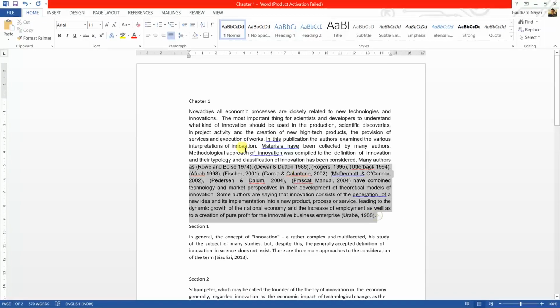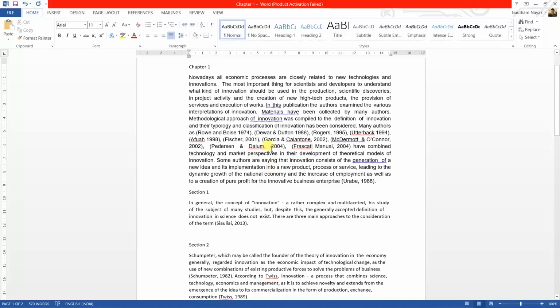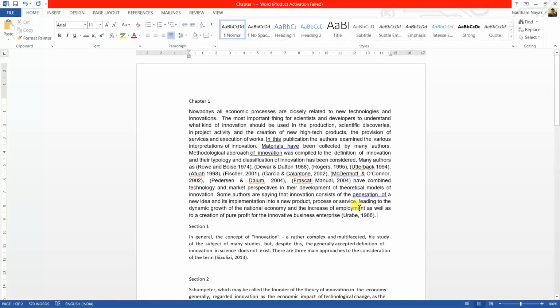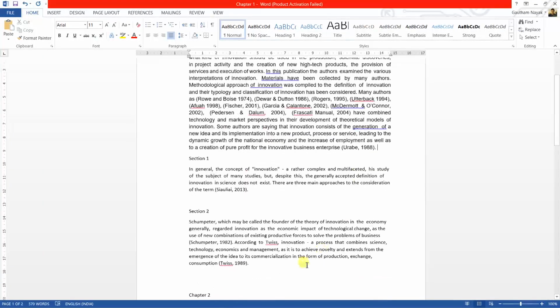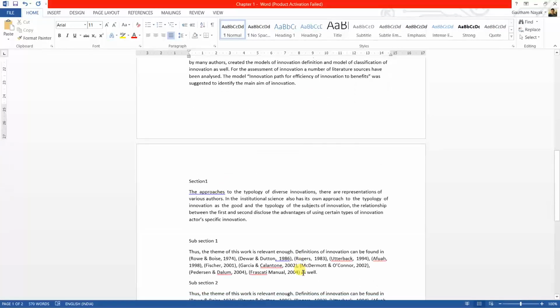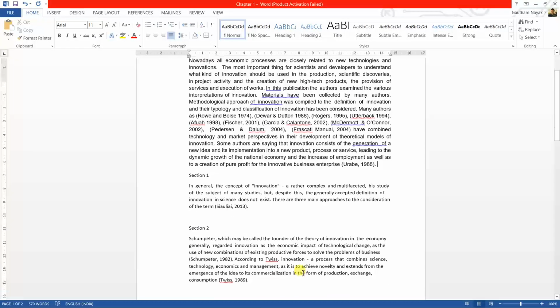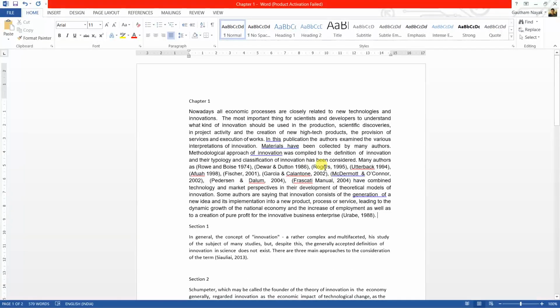Okay, so now we have formatted the first paragraph, and we want to make this our standard paragraph setting for all the paragraphs in our document. To do that, click on the paragraph, right click on normal, and choose update normal to match selection.